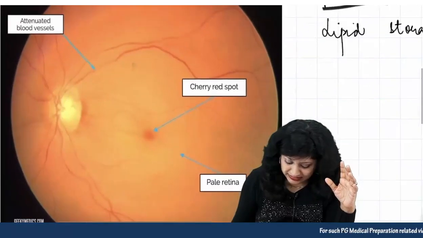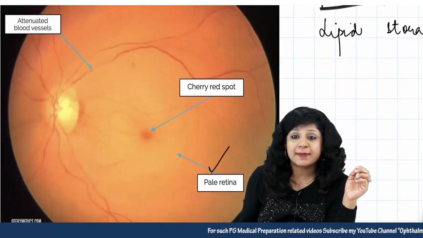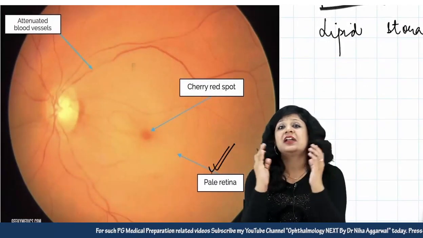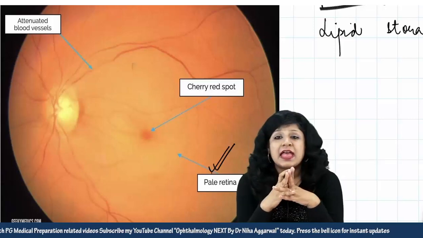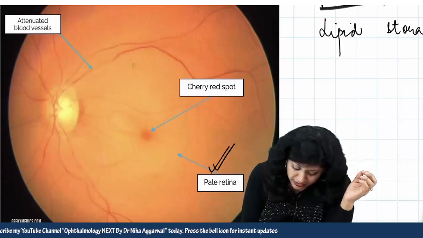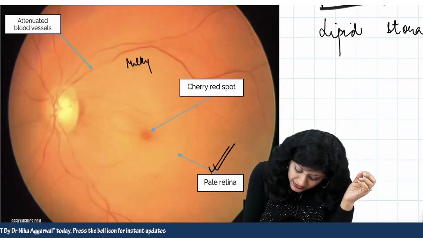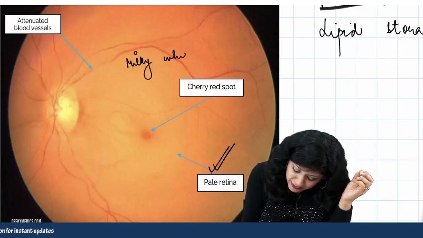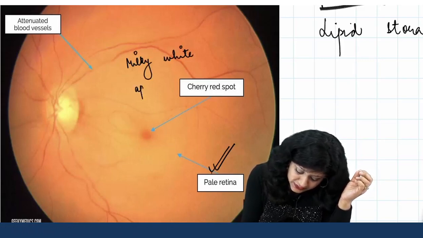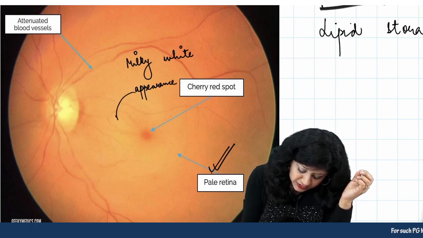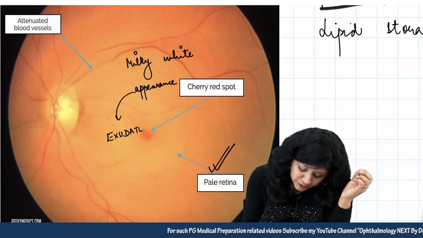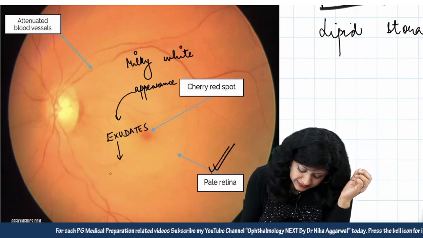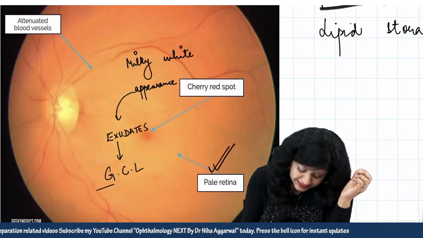So basically I will have the pale retina because the arteriolar occlusion has occurred, and you will have a milky white appearance in the retina due to the collection of exudates, and this collection of exudates takes place in the ganglionic cell layer.